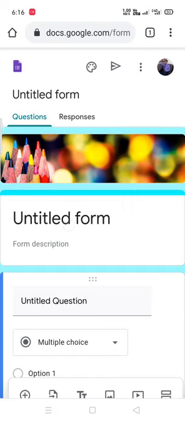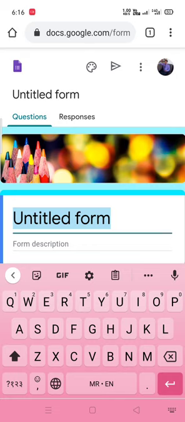Now click on the untitled option and write here the name of our school.